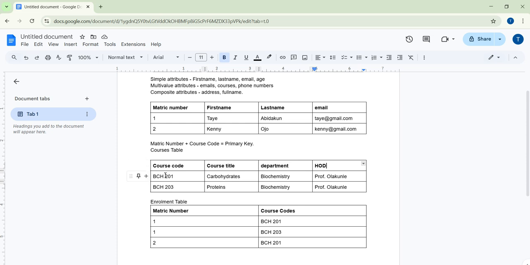I do not need, in the real sense of it, the course code to know the head of department. That means that this head of department depends more on the department name than on this course code. Although the department itself depends on the course code, right? But then the HOD depends on the department and the department depends on the course code. So we call that transitive dependency, whereby a column that is not the primary key depends on another column that is not the primary key, even though the column that is depended upon may be depending on the primary key,